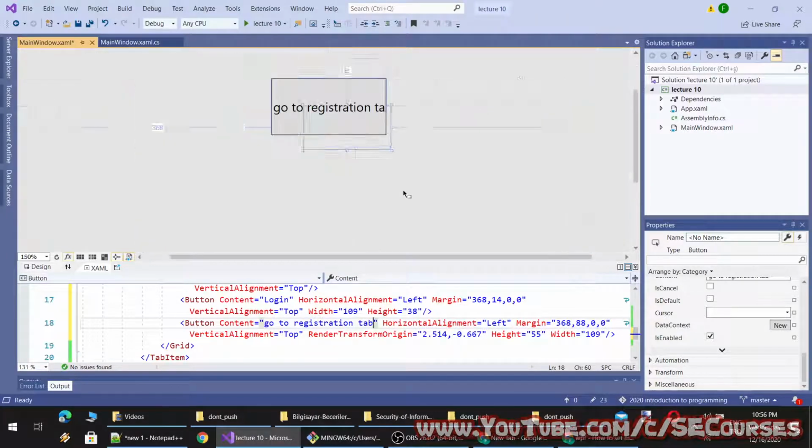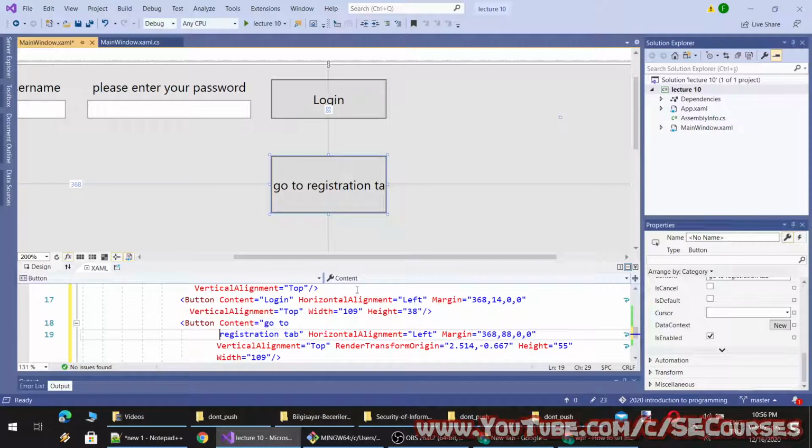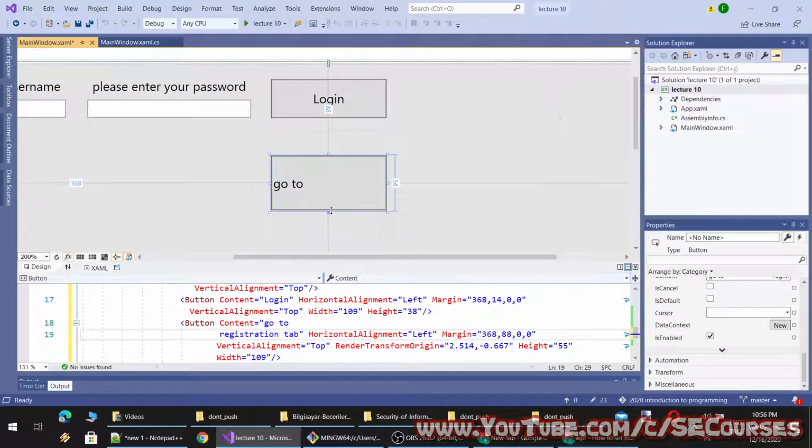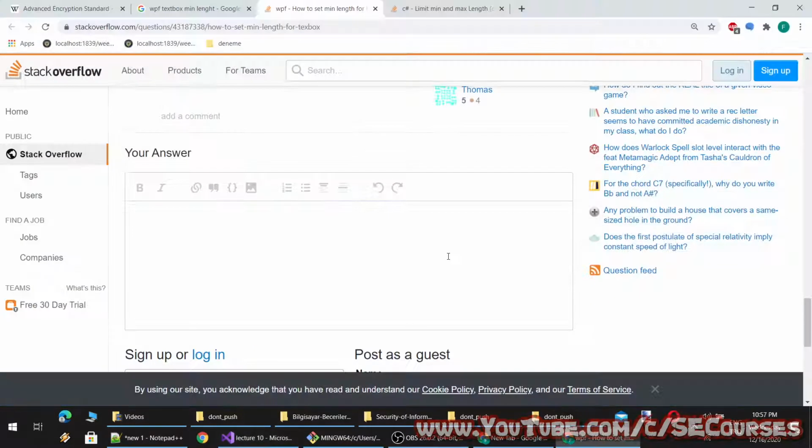You see now it is not fitting to my button, therefore I will add a new line. I am trying to remember how we were putting a new line.